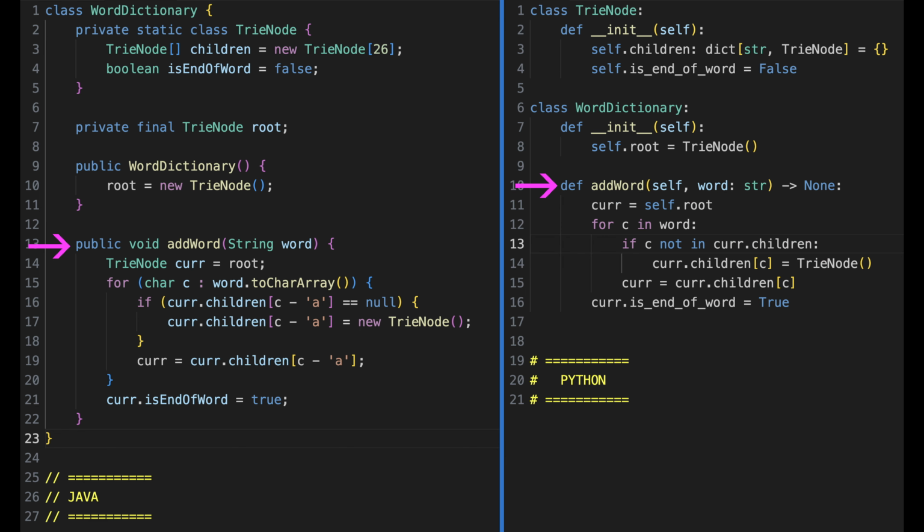Let's now walk through the logic of the addWord method. We start with the current pointer at the root of our trie. Then we loop through each character in the input word, and for each character we check if a path for it already exists from the current node. And this is where the implementation differs slightly between Java and Python because of our data structure choice. In Java, we are using an array, so we convert the current character into an index from 0 to 25 using the classic trick